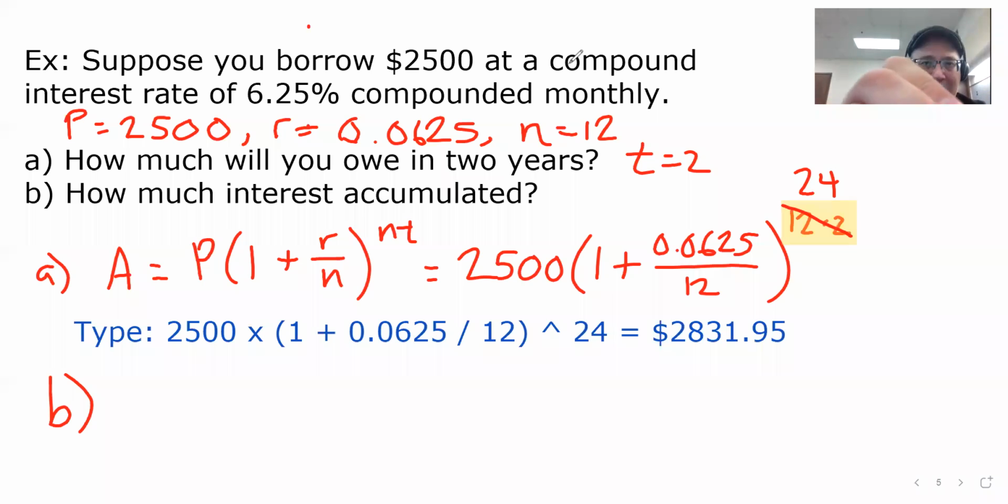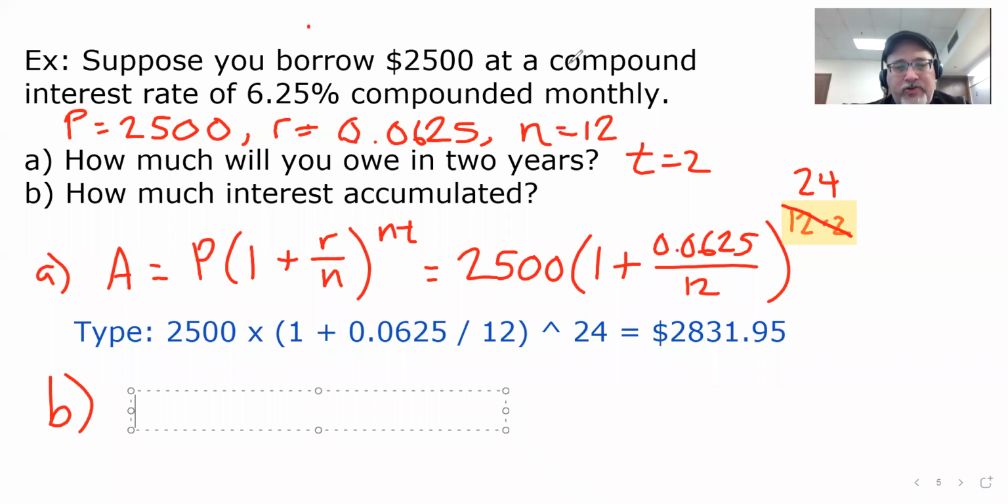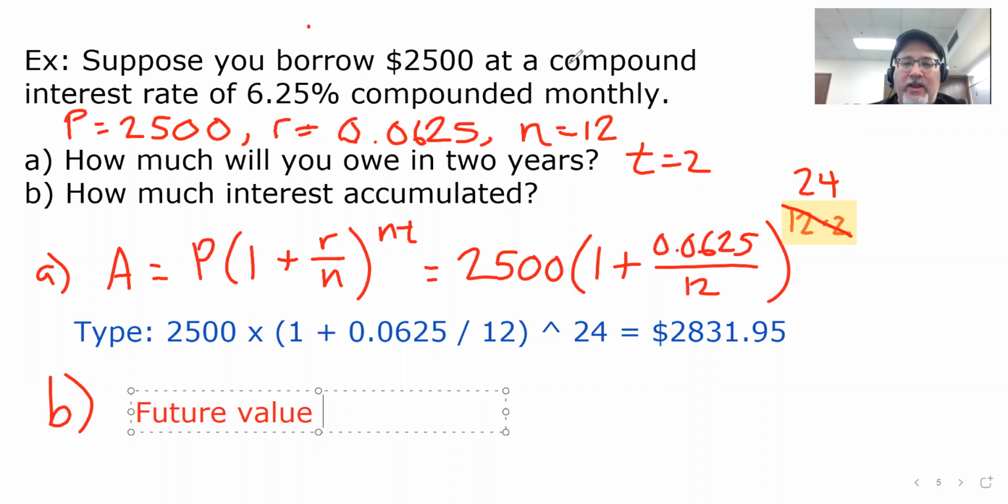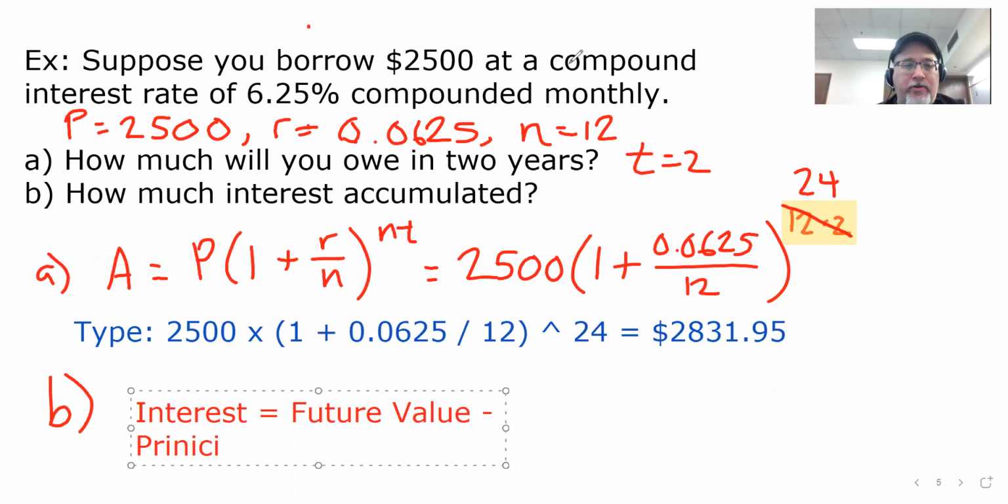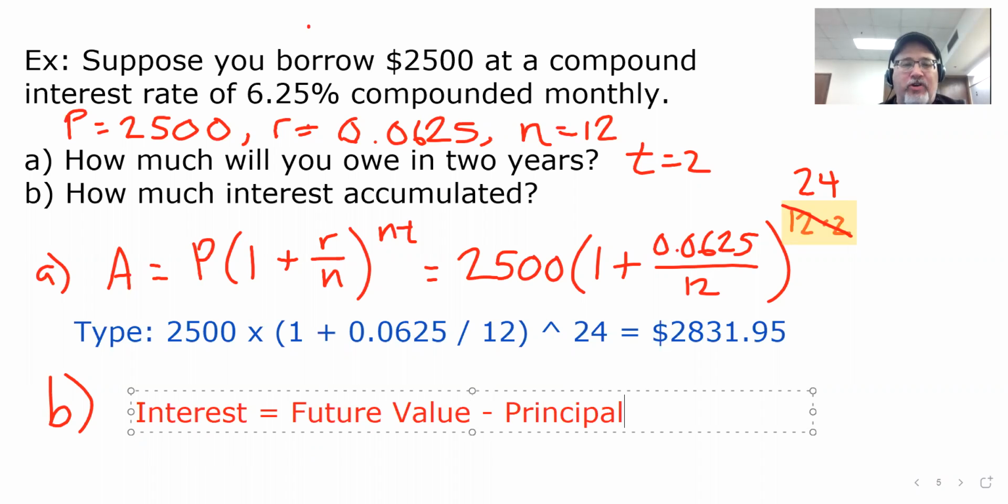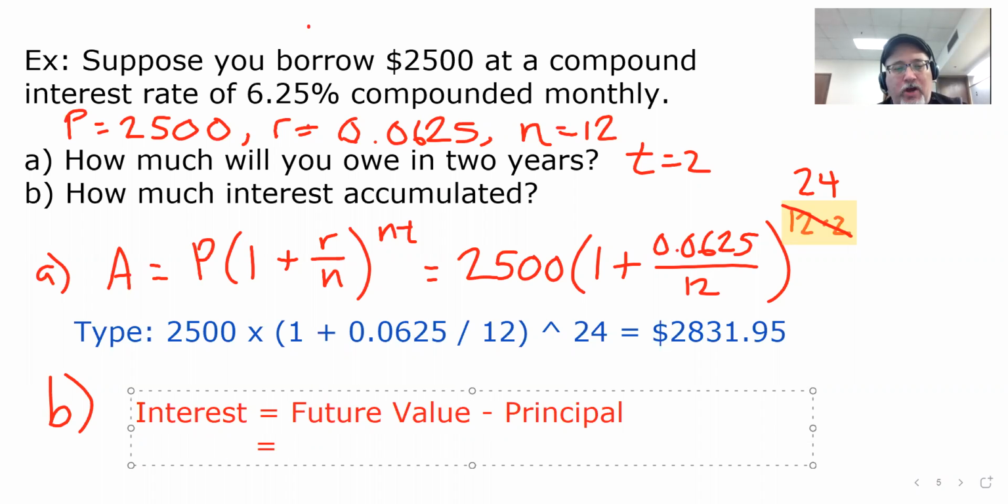And we'll just type this and we'll type it in red. We have our future value. We want to know the interest. Our interest is just going to be our future value, how much we owe in the future, minus how much we borrowed. Principal. Interest is the future value minus the principal. How much extra do we owe? Well, in the future, we owed $2,831.95, but we only borrowed $2,500. And if we subtract those, it looks like we get